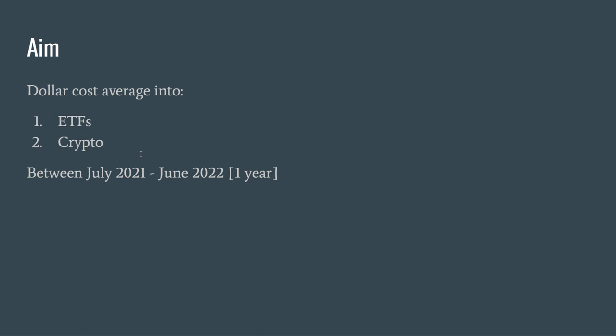So I wanted to test this between July 2021, which was the start of this month, because today is the 2nd of July, and test until at least the end of June 22. And if it goes well, we may continue and see what occurs in the next year or multiple years after that, but at least for 1 year at the start.